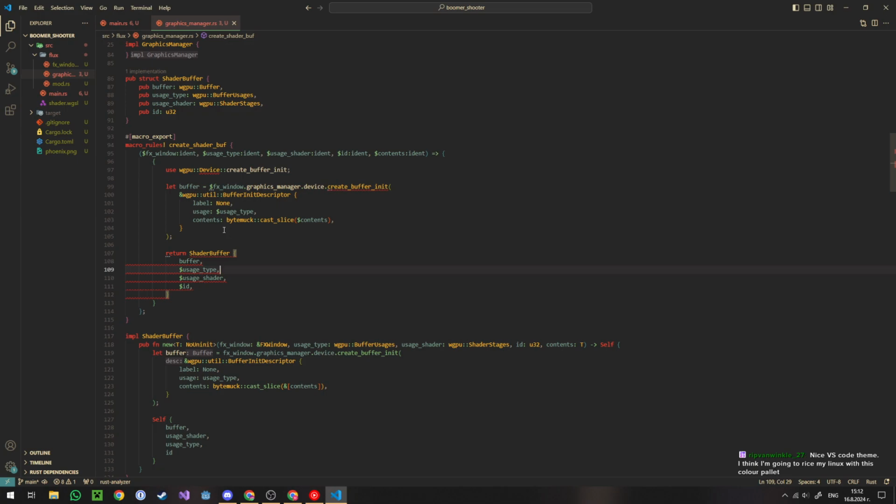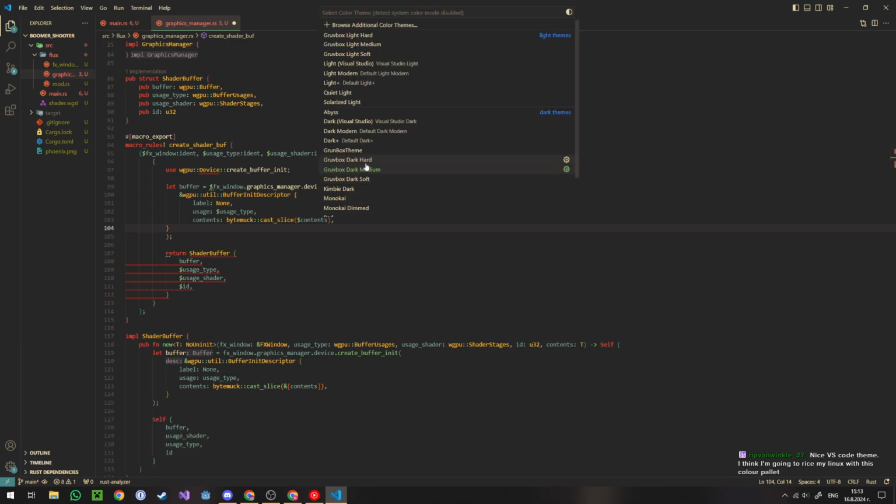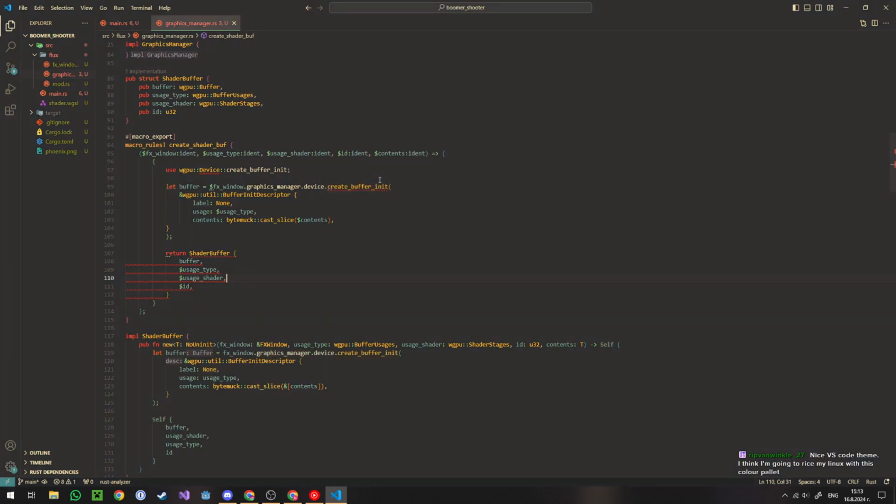Nice VS Code theme. I think I'm going to rice my Linux with this color palette. I have been looking at this. Yeah, you know, I'm gonna change my theme to a different version of that theme. Amazing, only the background changed. Soft. Yeah, I like soft. Soft looks nice. It's a little bit on the bright side, but